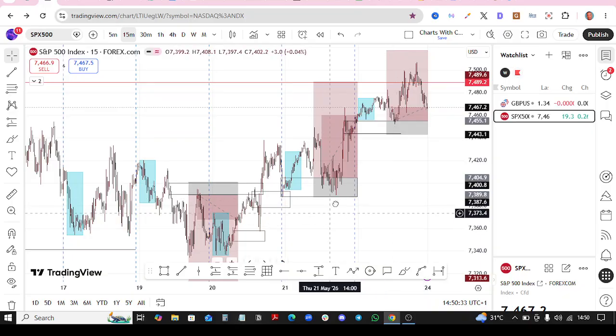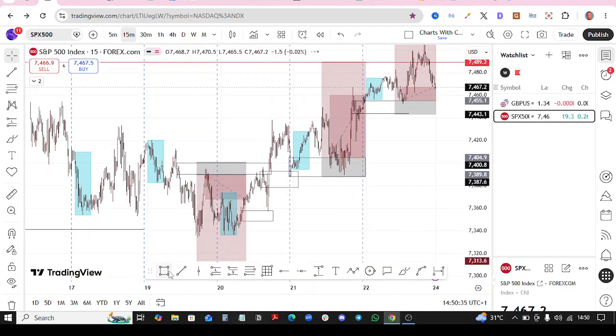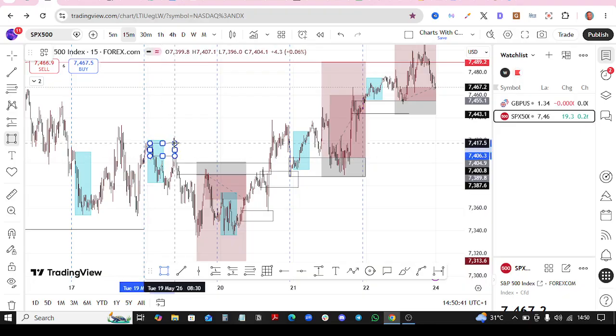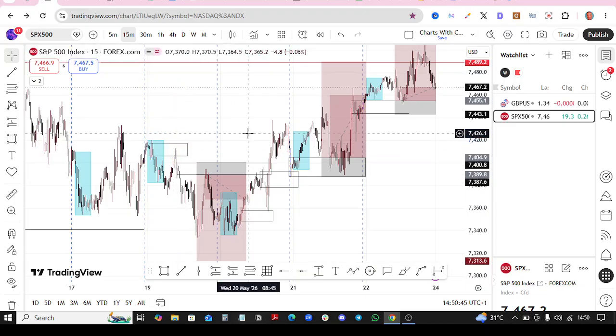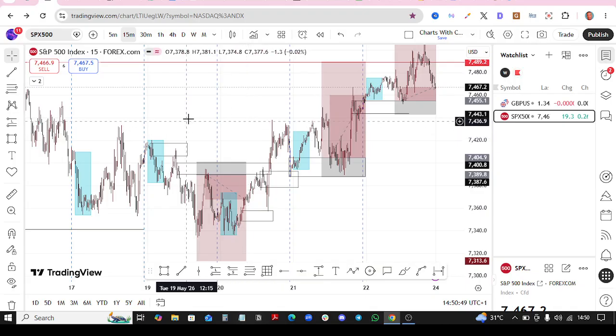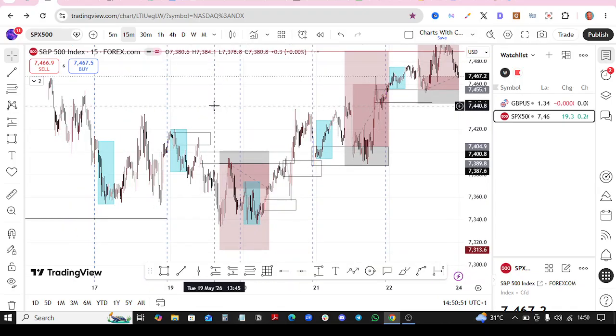Right? I think no, it was more than three. I think I marked somewhere. I had a trade also from somewhere here. Yeah, I had a trade from here, exactly this zone. Yeah, I had the trade from there too. So these are the trade opportunities presented on SPS 500, and I will explain to you what happened during